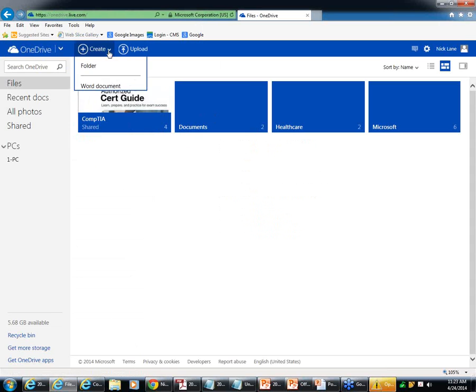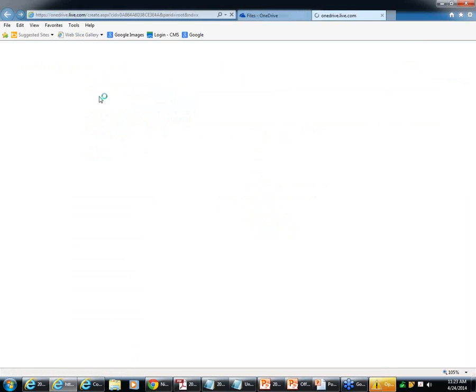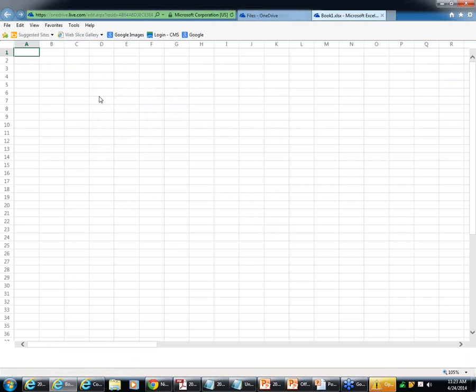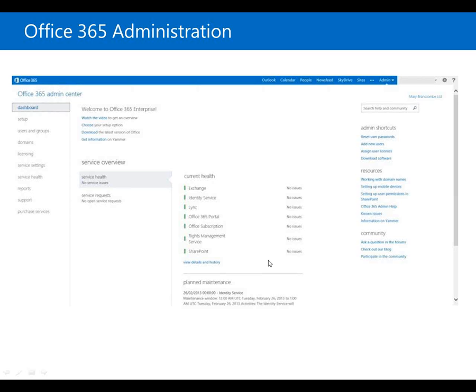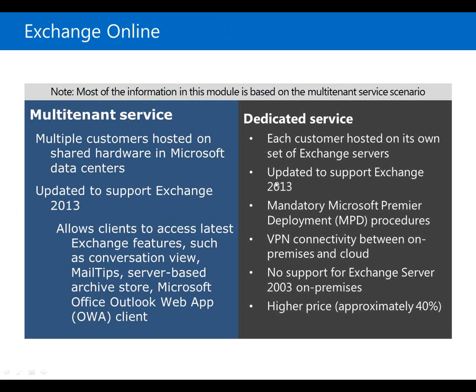There we go. In any event, I can also create an Excel workbook just by using the cloud version of Excel here. So that's kind of what Office 365 is. It's an online version of Office. You have online Outlook, online Exchange server, online Lync server, online SharePoint server, etc. That's part of the deal with this. Let me move on and talk a little bit about Exchange, just to go in order here.